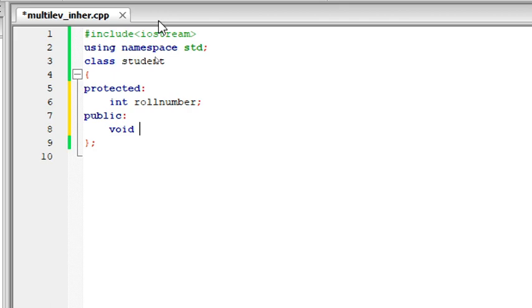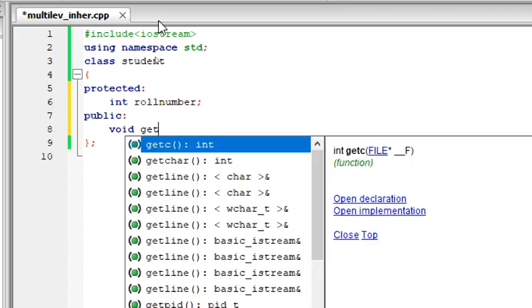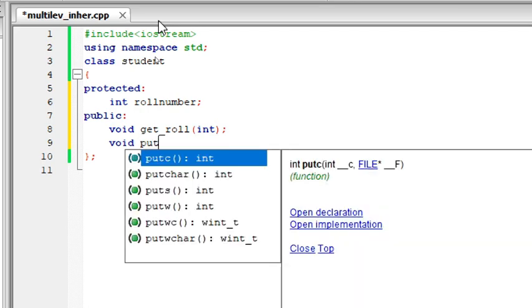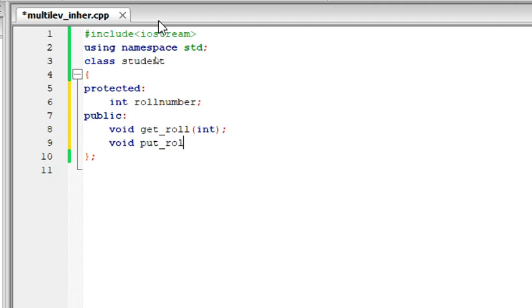So let me have void get roll number, and these values are going to be given from the main function. So I don't know what the value is going to be, so let me give the return type alone. I just say integer, and let me define this outside the class. So I'm just declaring here, and the next function is to display. So let me say put underscore roll, and here we don't need to pass any parameter.